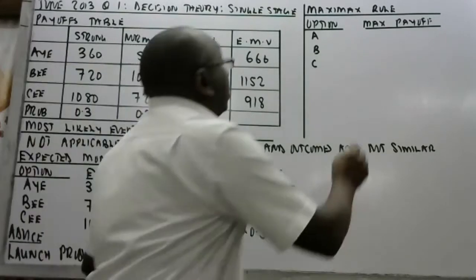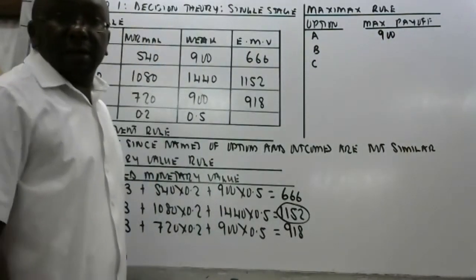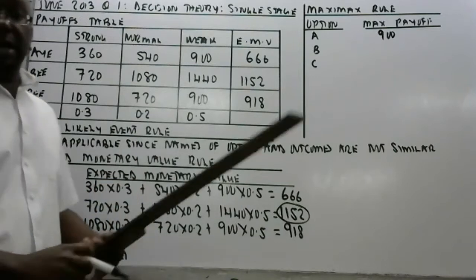Yeah, 900, good. That's the one we take. The maximum in B,